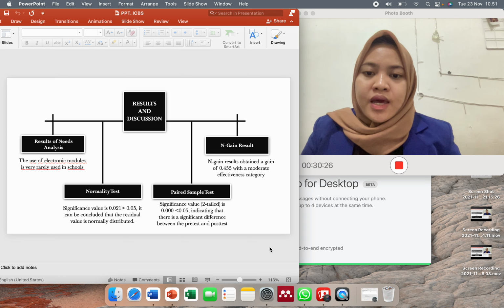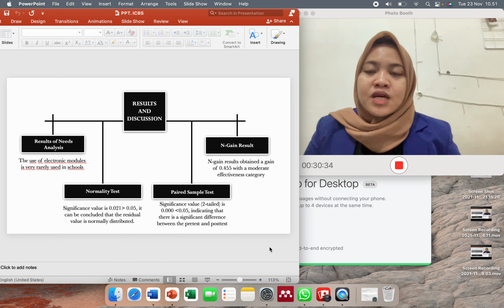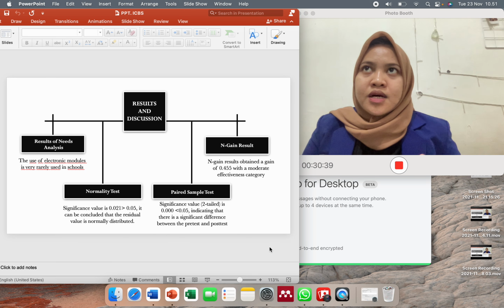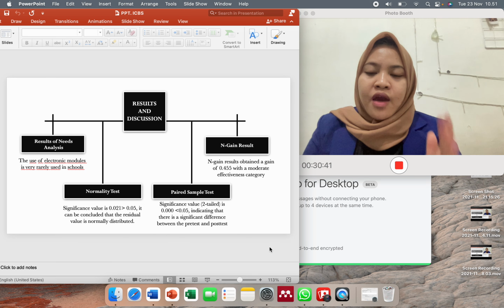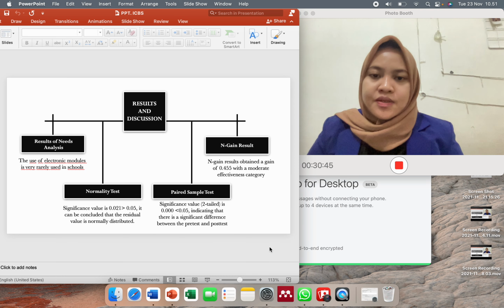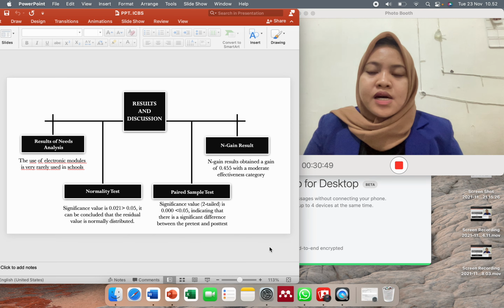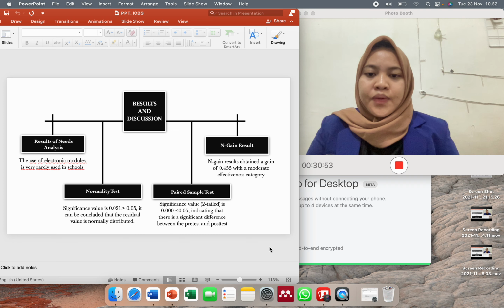And for the parity test, the result is that there is a significant difference between the pre-test and post-test. It means that after using the electronic module there is an effect on students. And for the N-gain result, the module is in the effective category.